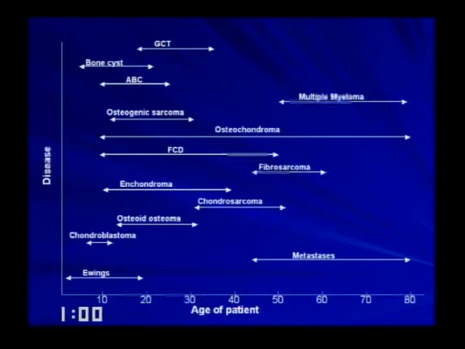Now, you need to know what lesions are more common in what age groups. The importance of knowing this is so you don't come up with a stupid differential. You'll lose all credibility with your referring physicians if you have someone who's 80 years old and you put Ewing sarcoma in your differential. It just doesn't make any sense. Now, of course, there are always exceptions, and we always see exceptions. But this is in your handout, and I think this is a good thing to keep in the back of your mind all the time.